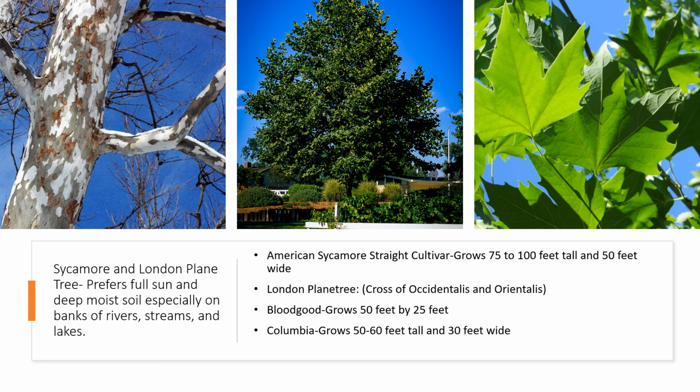But quite a bit smaller than our straight cultivar of American sycamore. And then on the top right, there we have Columbia, which gets about 50 to 60 feet tall and 30 feet wide. And all of these still have that same bark, similar to our native sycamore. One thing about the London plane tree is it is a little bit smaller, but also it's a little more